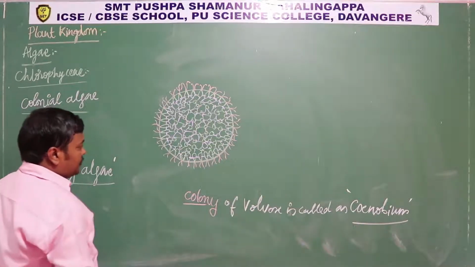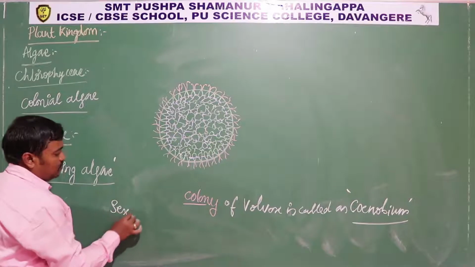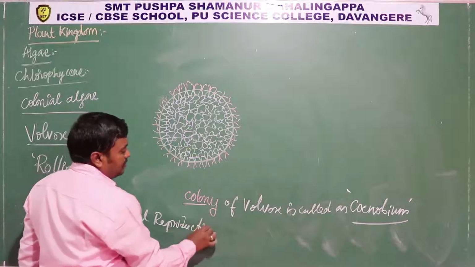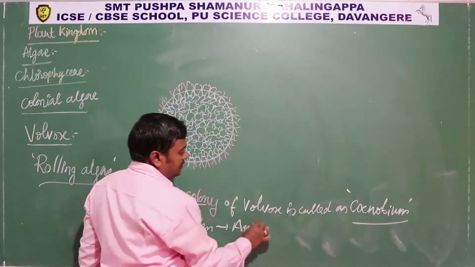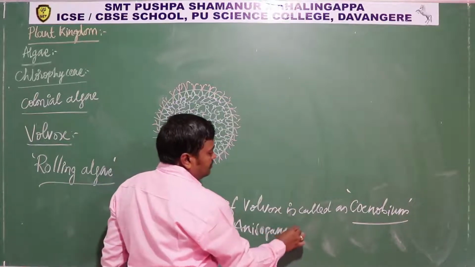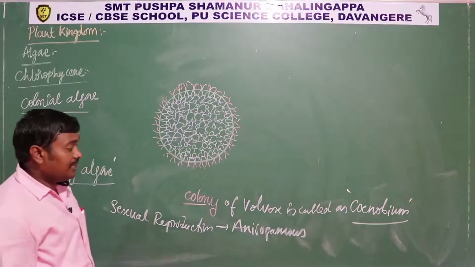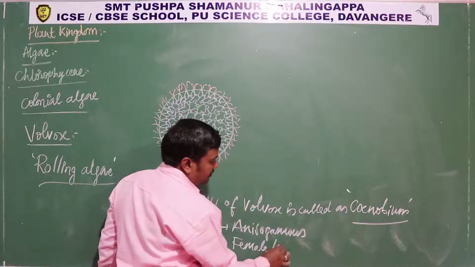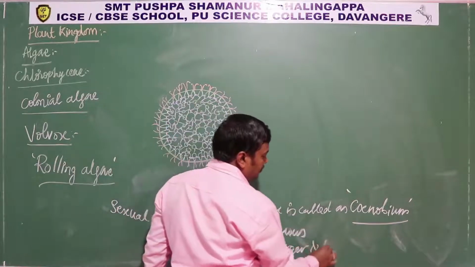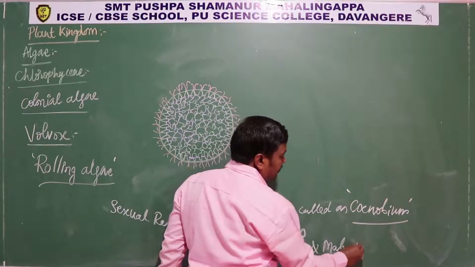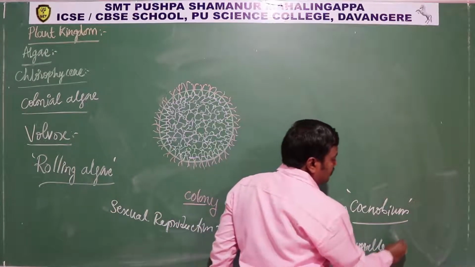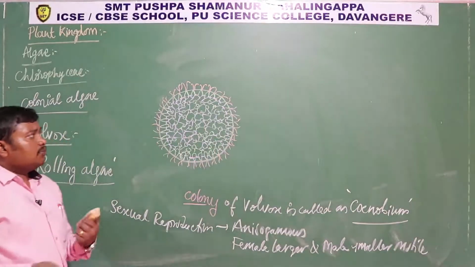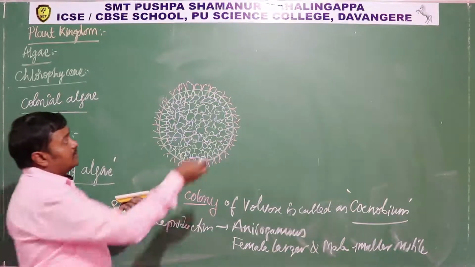And during sexual reproduction, it is an example of anisogamous. So in sexual reproduction, it is anisogamous. Okay, so female larger and male smaller and motile. Okay. So one of the interesting things about this Volvox is, so here one of the cells